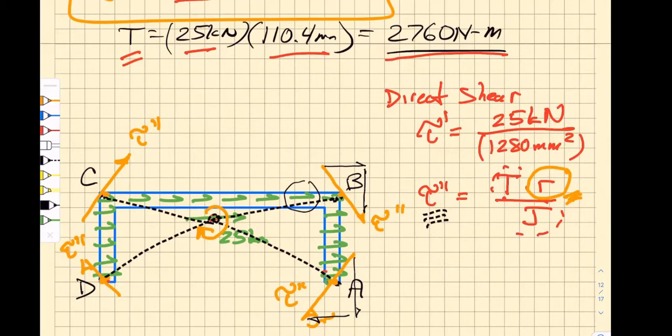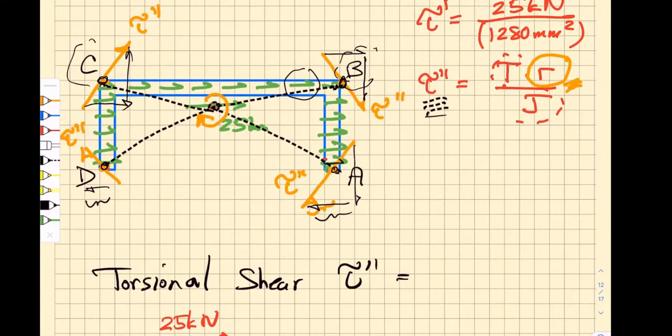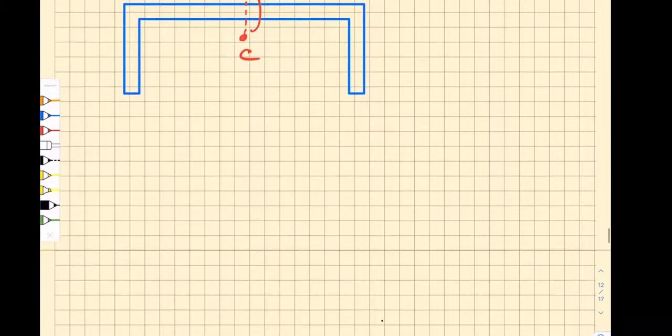And then I have a negative y. At C, we're going to have a component that points in the direction of the direct shear. So at C and at B, we're going to have some addition going on, whereas at D and at A, we are subtracting the x component of the shear force from the direct shear. And so your first guess is our high stresses are going to be at C and B. And so you find the radius distance, which you can get for all of those. It's just simple geometry. And you calculate what the shear stresses are. And then you add up the shear stresses in components, and then you find the net shear that would be acting. So that's how you solve these welding type problems.